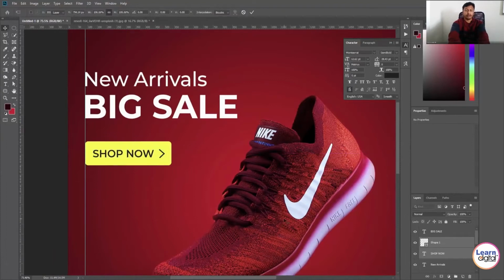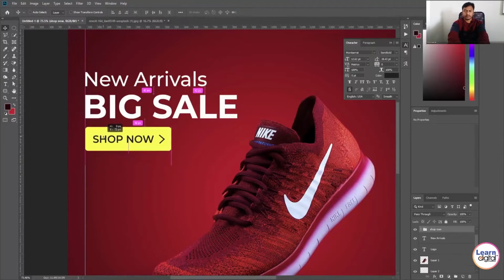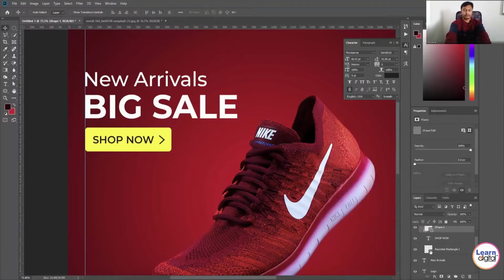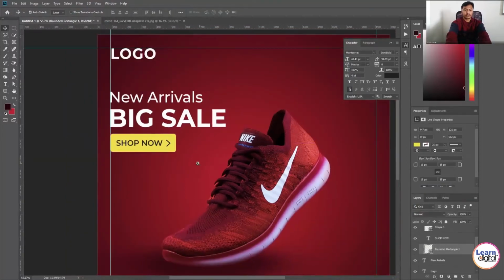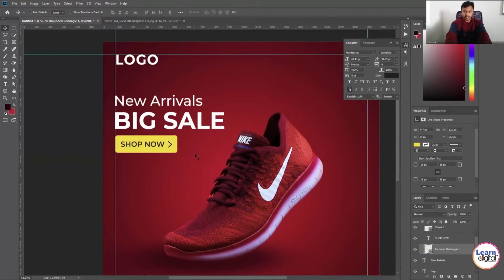So then step by step, we'll create a few more things. Each and every time I'm taking a text layer copy.